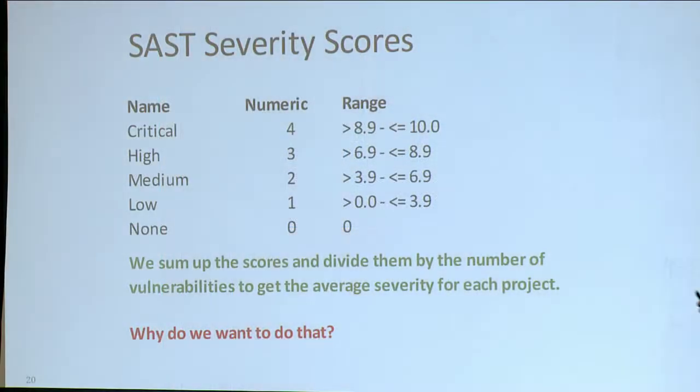Now, not all SASTs are standardized, if you will. Some will look at a vulnerability. They may call it a severity. They may call it a risk. Some may say high, medium, low. Some other ones might say really bad, really, really bad, whatever they say. But the ones that we use for this classification system is critical, high, medium, low, and none. And there's a numeric that's given with it. But typically, what we sort of adopted is at least the same tiering of the CVSS version 3. It's usually a float, especially when we're starting to take averages here. And that's what we're using. So at the end of the scan for a given project, we sum up the scores, and then we divide them by the number of vulnerabilities to get the average severity for each project.